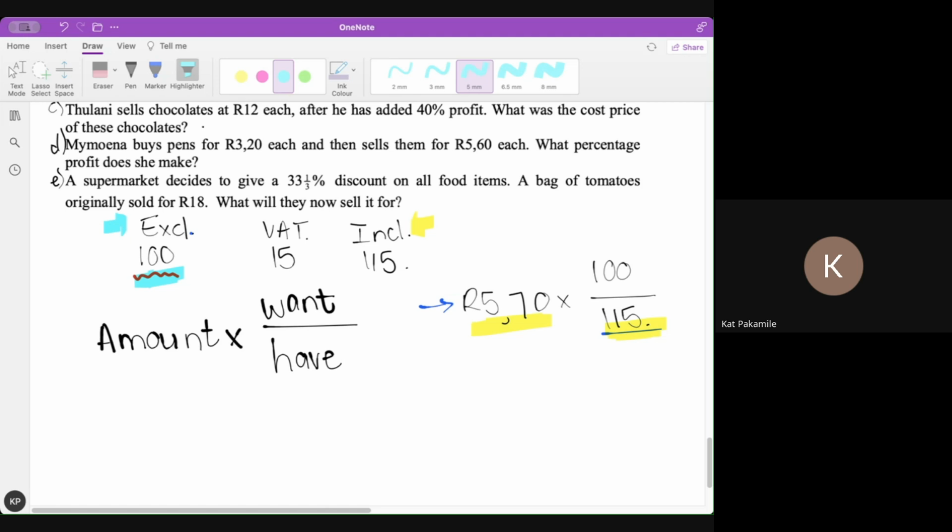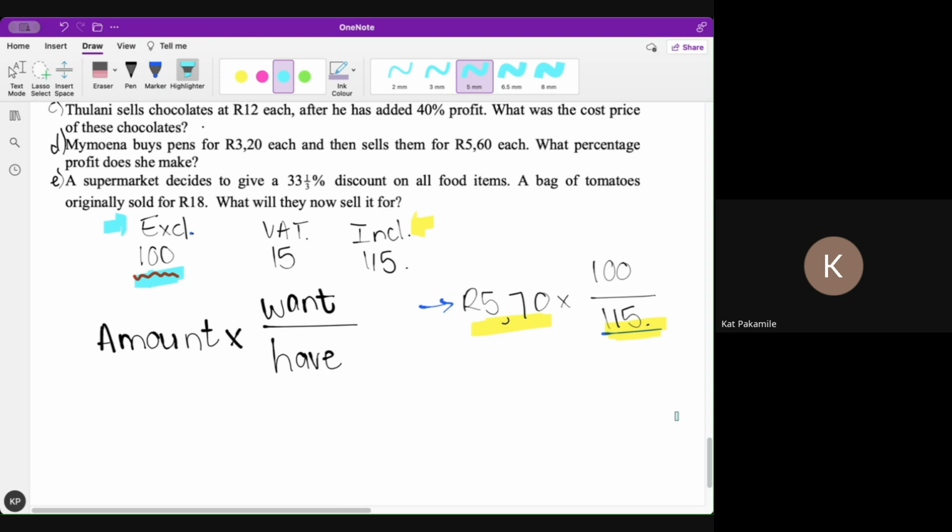Don't be shy to say, I don't know what just happened, please. So you say amount times what you want over what you have. Okay, Leachile is being honest and saying, please explain again. Okay, Leachile, let's look, right? So I said,